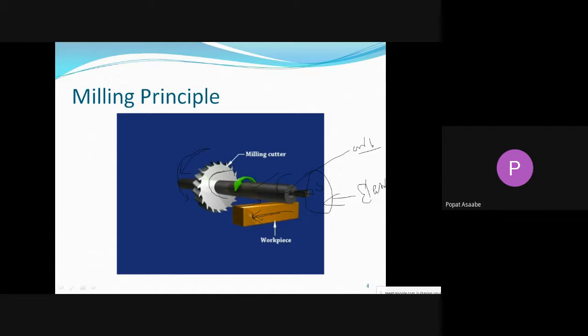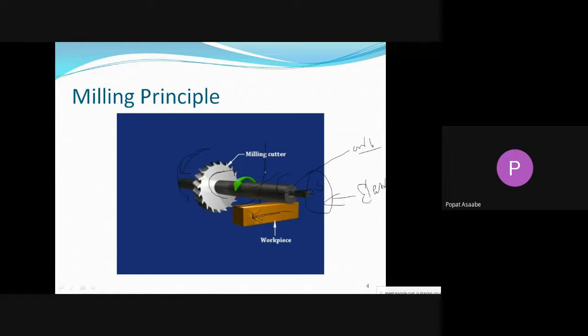In a simple manner we can say that feed is given to the workpiece, which means we have to reciprocate the workpiece. The cutter is only rotating, and we just have to reciprocate the workpiece. Means we have to give the feed, for example the longitudinal or crosswise movement, to the workpiece. Due to that longitudinal and crosswise movement of the workpiece and the rotary motion of the milling cutter, the cutting edges of the milling cutter will remove the material from the workpiece. This is the basic principle used in the milling machine. Understood?